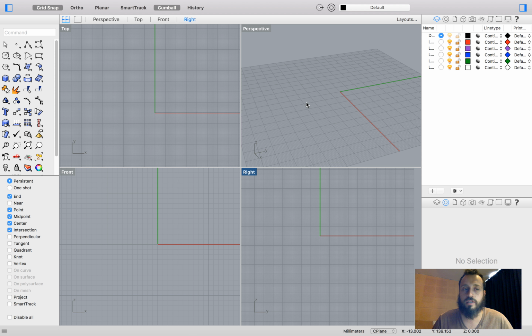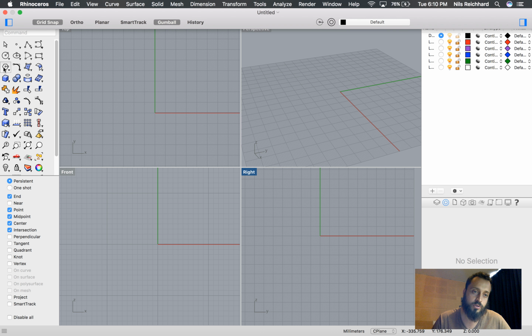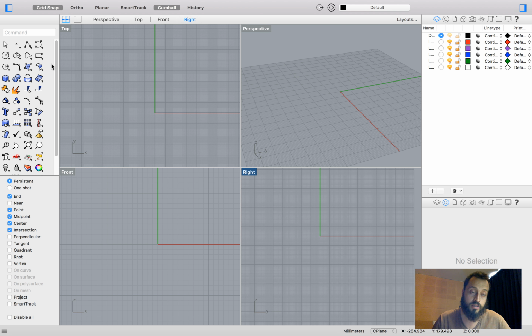Okay, so on our left we will have the main tools that we'll be using to model in this CAD software. We have the selection, point, polyline, curve, circle, and so on. At the bottom here we have what is called the OSNAP. That will allow me to select objects and